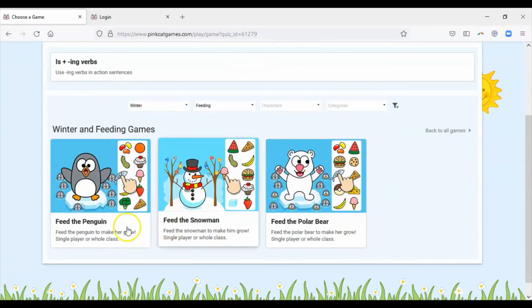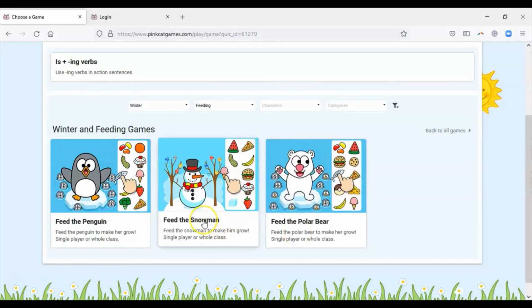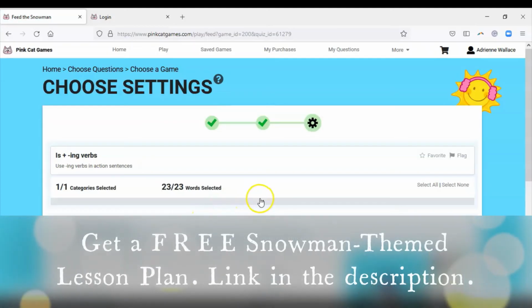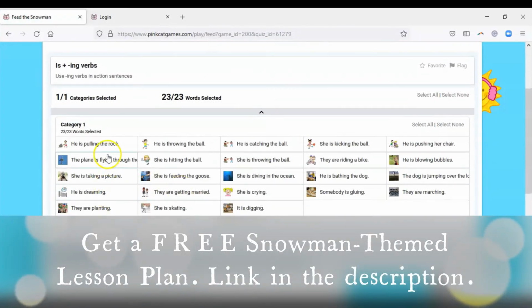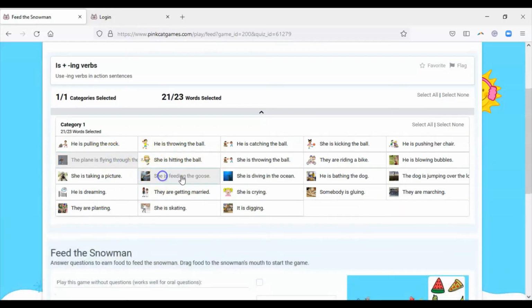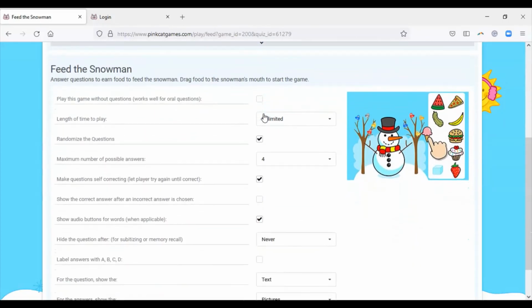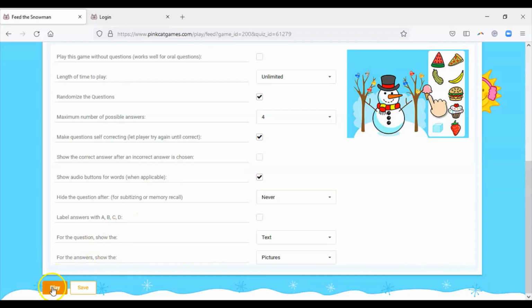And here are my choices. There's Feed the Penguin, Snowman, or Polar Bear. And I want to do Snowman this week. So let's go ahead and choose that. And don't forget to customize your questions if you need to. If you want any taken away, just click on it and it'll go away once it turns gray. So we've customized our questions. And then I'm going to keep everything else the same. So let's go ahead to play